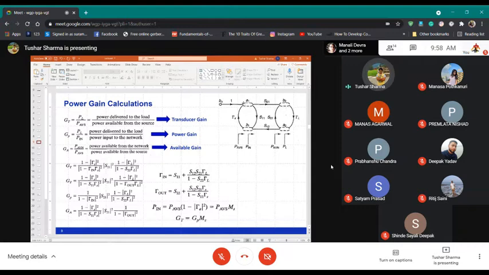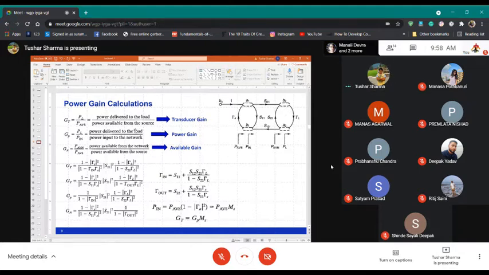So here, what is it? It is just a network. You can think of it as an input, and then I have an input matching network. Then I have my transistor, and then an output matching network terminated to the load. PAVS and PIN might or might not be equal, because if input matching has a mismatch, there will be reflection. So that's why the power will be reflected back instead of all the power going to the input of the transistor. So PAVS and PIN will be different.